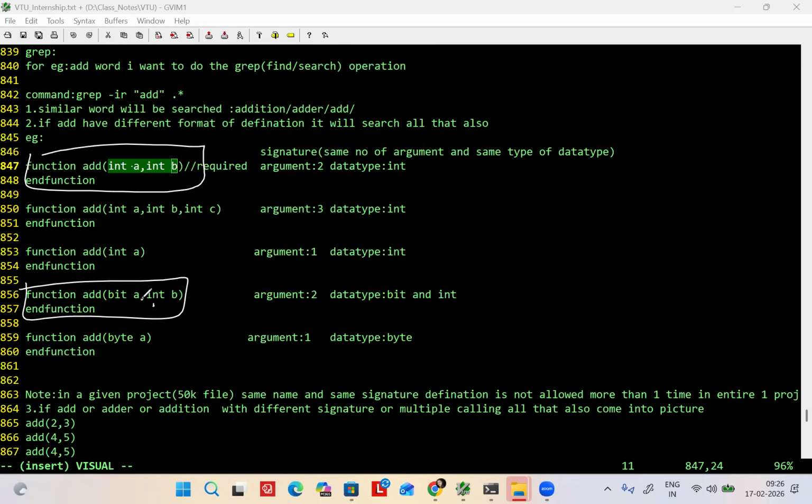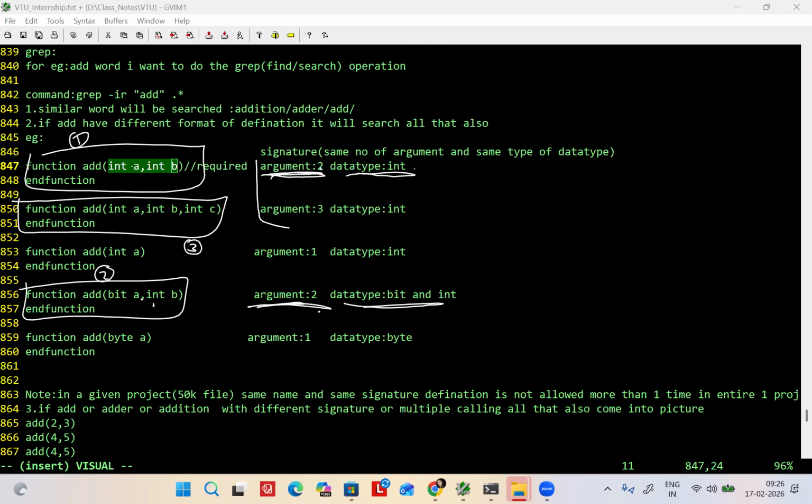Now, 1 and 2. Now, compare 1 and 3 and tell me what the problem is. What is the same? What is different? Data type is the same, but arguments are different. See, try to understand what I am telling you. Here, argument is the same, but data type is different.